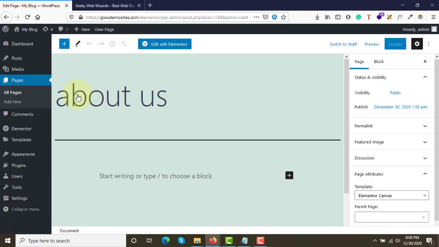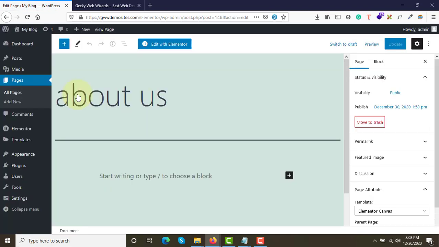Now this is the editor that has been provided by WordPress by default, right? This is known as the Gutenberg editor. This is the recent editor that has been incorporated by WordPress itself. In the past we used to have something called the classic editor, a text editor, but now they are changing, and the editor you're seeing right now on your screen is known as the Gutenberg editor.